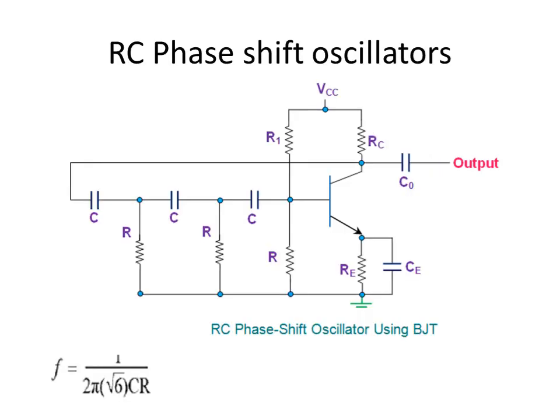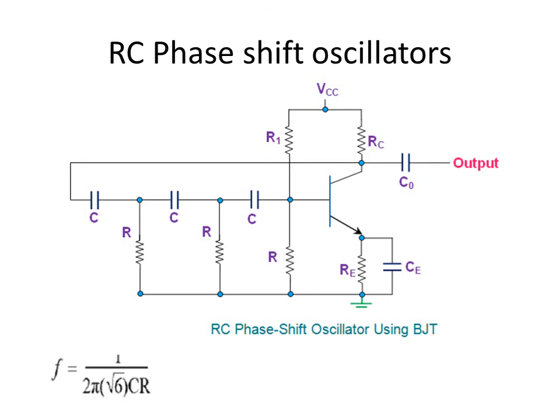And the last one is the RC phase shift oscillator. In this case, we are not using an LC tank circuit, but this circuit as such is capable of generating oscillations. Here we have an RC network, and this RC network will be capable of generating oscillations, so we don't have a tank circuit like L and C as before. How we make the 180-degree phase difference is what we have to see.